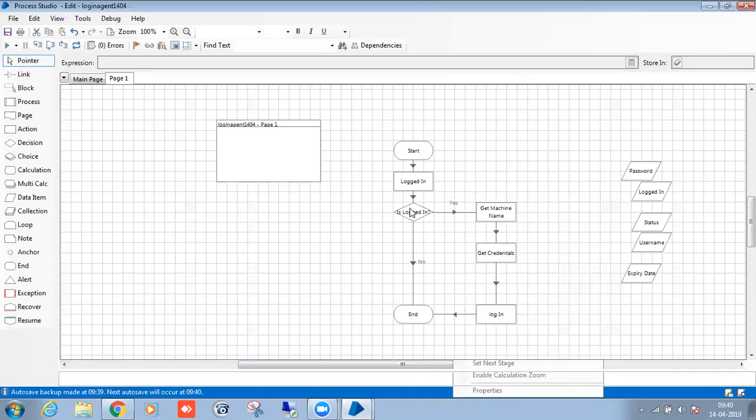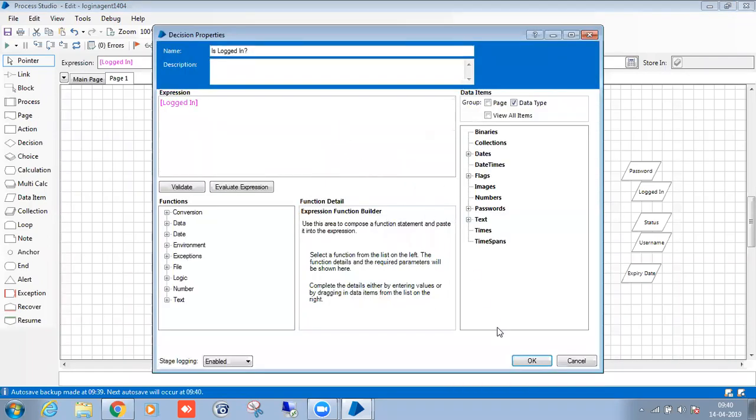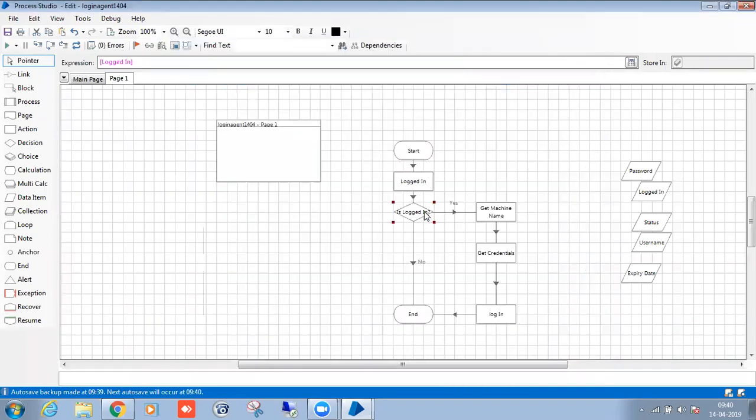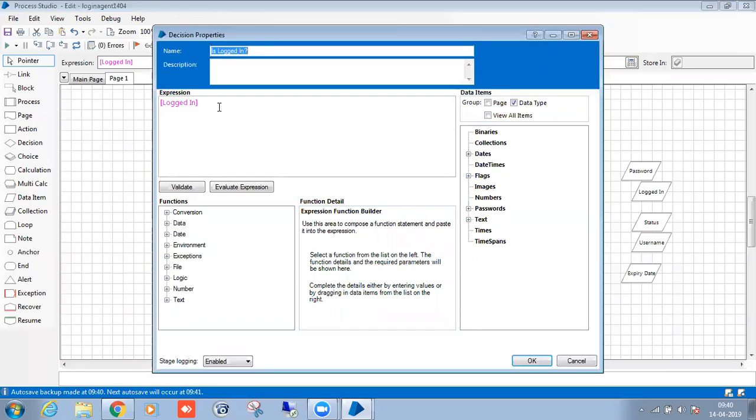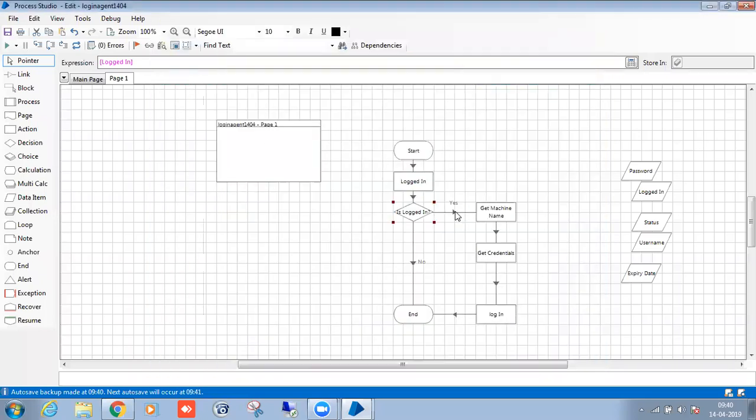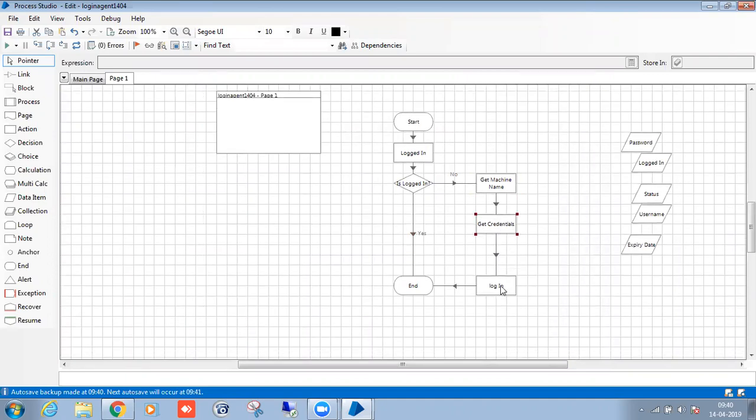Switch. If login equals false, okay, login equals true, then no need to do anything, right? So switch. If it is yes, then no need to do anything. If not, then we have to take the credentials name and credentials. We will get the credentials and we'll log into the VM. Actually, before that, we have to evaluate the credentials, whether we got the proper credentials or not. We will just execute it, and we have to do the remaining operation.